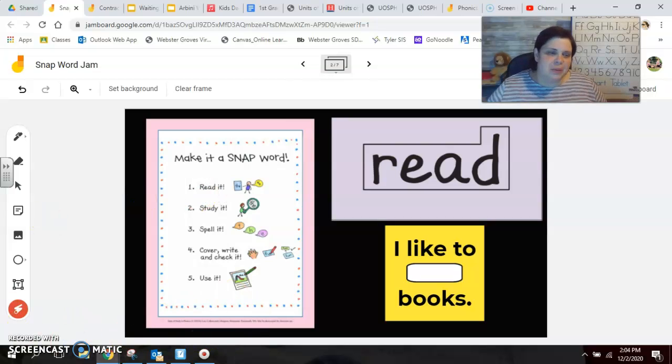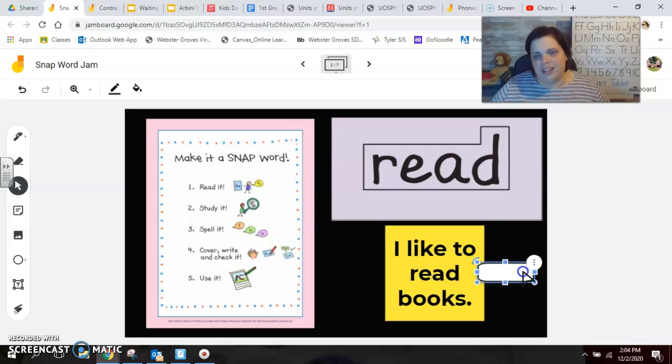All right, our last thing that we always do is we make sure that we use this word in a sentence. I like to read books. Okay? If you have a sentence that you would like to use that in, you can share that with your teacher now. I'm going to jump over to our snap word wall and I'm going to add this word read,